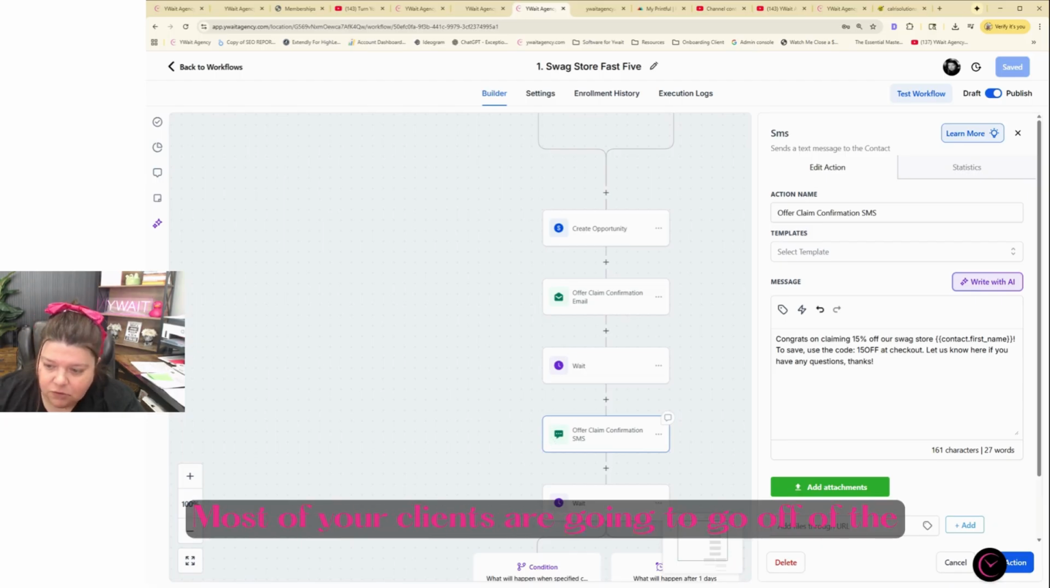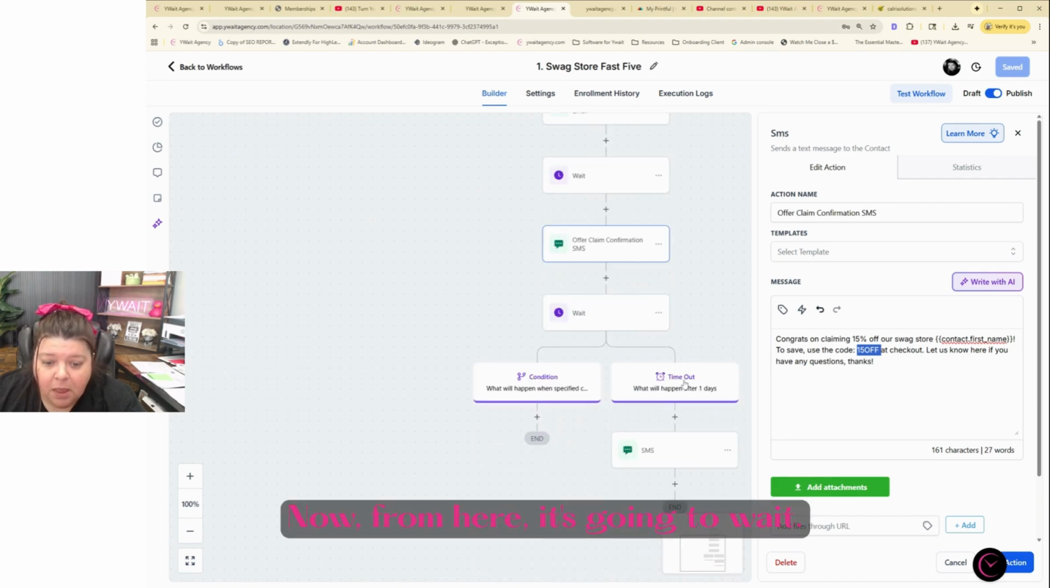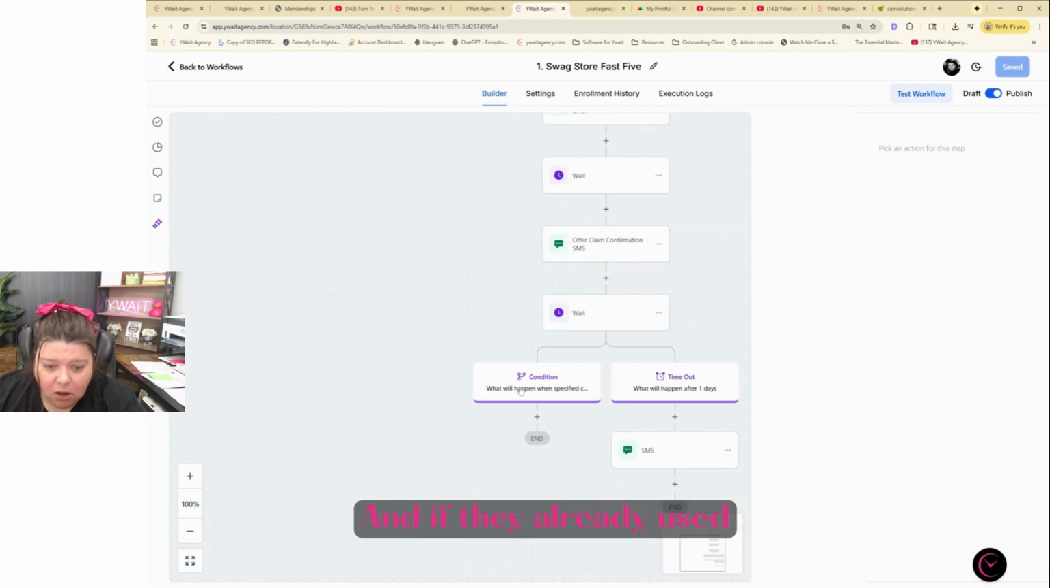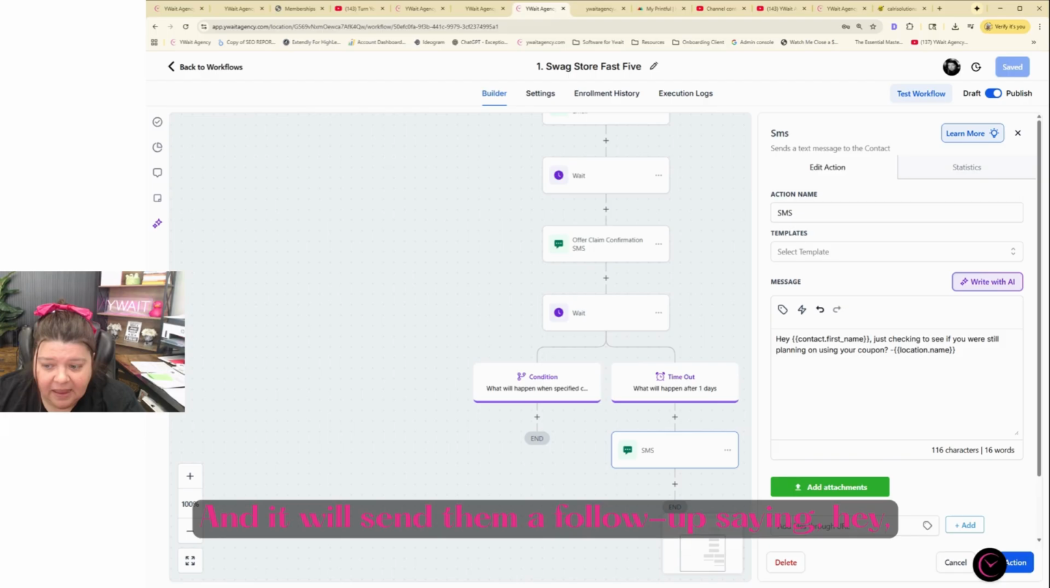Most of your clients are going to go off of the text message. It tends to be the quickest and most preferred, but we send it by email and via text, and it'll give them the code that they need to enter at checkout. Now, from here, it's going to wait. And if they already used that code, it'll end. If they have not used that code, it'll wait a day and it'll send them a follow up saying, hey,